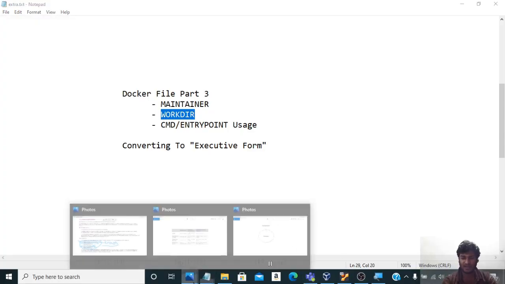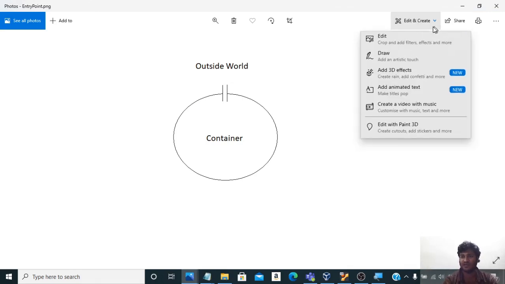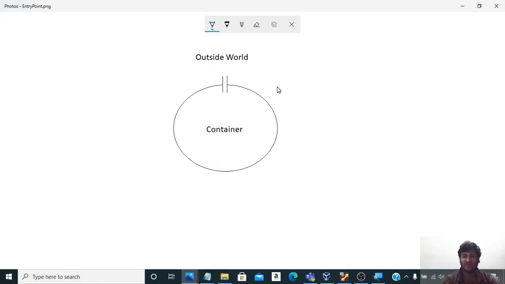If I go back and open up my image, we just now created an image for the Apache web server, right? So this Apache web server interacts on port 80.